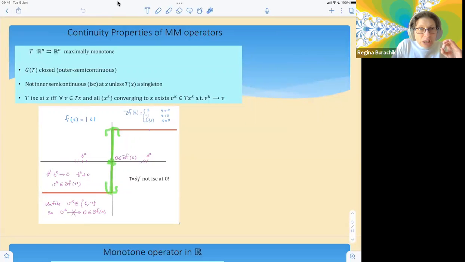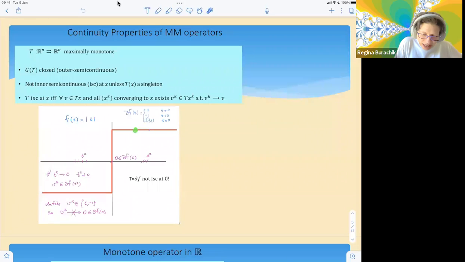Because the monotonicity is restricting the format of the graph. You cannot come to the graph via these directions here because of the monotonicity property that you are imposing, right? Because if these points belong to the graph of T, then T is no longer monotone. You see where the problem lies. So the monotonicity precludes the graph from being inner semi-continuous unless T of x is a single point and you have only one way. So for example, here